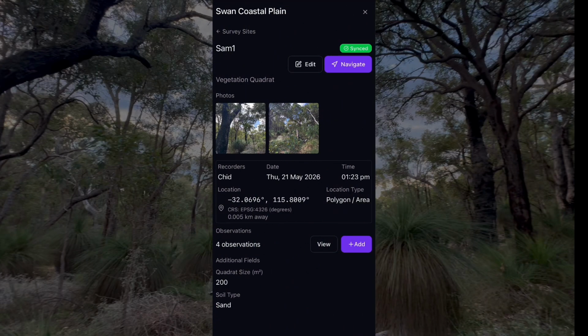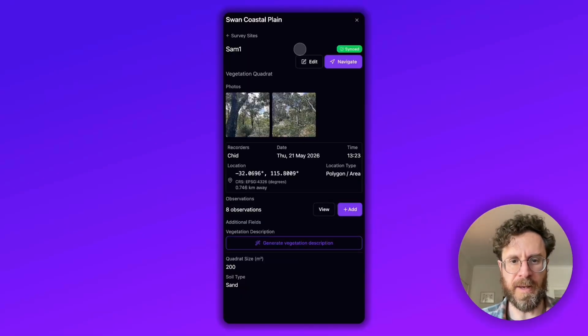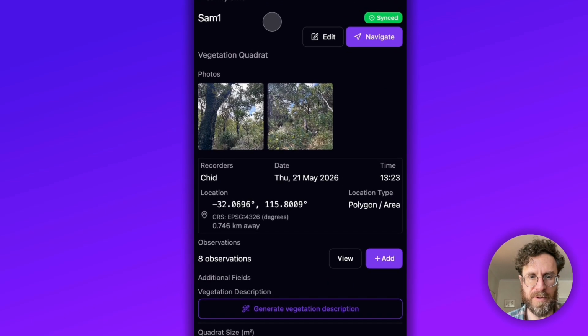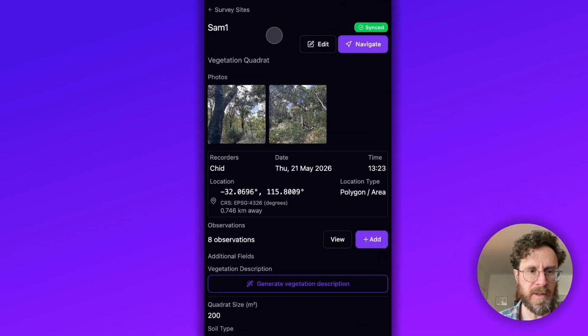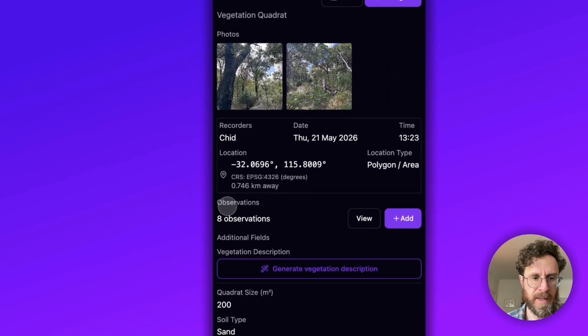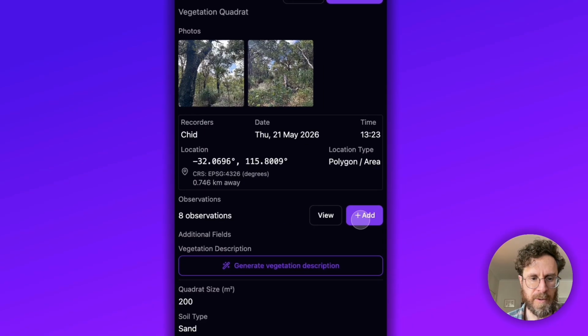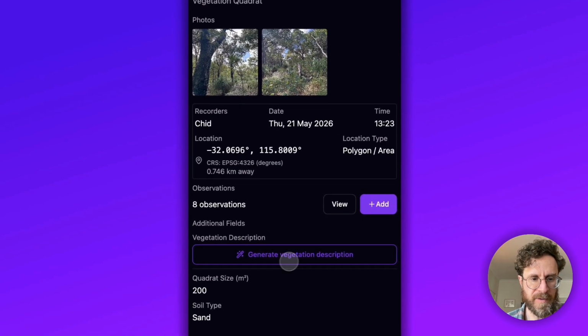Okay, so I'll stop the screen recording there, but I'll keep recording a few more observations in the app so we can build up our vegetation description a bit more. So now I've recorded a few observations and I'm going to generate the vegetation description. Okay, so now I've completed my flora survey and I'm ready to generate a vegetation description. So here's the view of the site details, photos, some metadata, and a list of observations, and then the button to generate the vegetation description